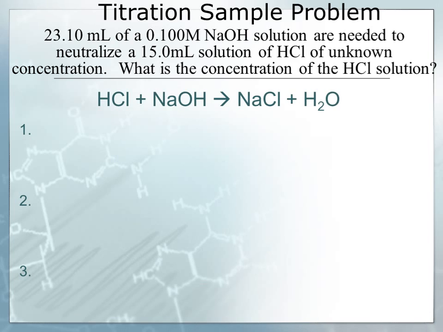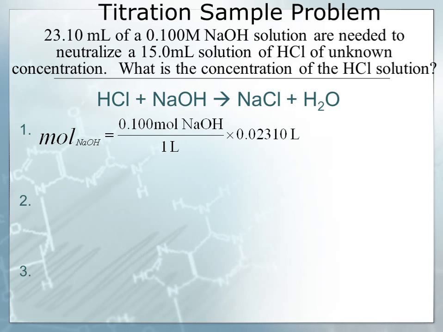So we always want to start with writing a balanced equation for the reaction between the titrant and the analyte, which you see here, and that'll come into play more with the second step. The first part of the calculation is to find out how much sodium hydroxide actually was dispensed in that 23.10 milliliters. So to find the moles of sodium hydroxide, you take the concentration times the volume that was added,